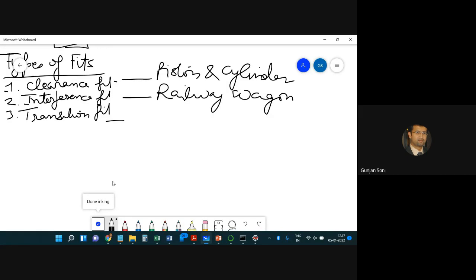Rivet joint is an interference fit. Very good example. Riveting is an interference fit because you'll have to destroy it, and it is sealed. I mean, you can see on the aircraft there is riveting. You can see on the ships there is riveting. So riveting gives you a sort of waterproof sealing because there is no gap left in the mating joints. Okay, bike shock absorber. So that is a clearance fit, Manya? Yes, sir. Okay.